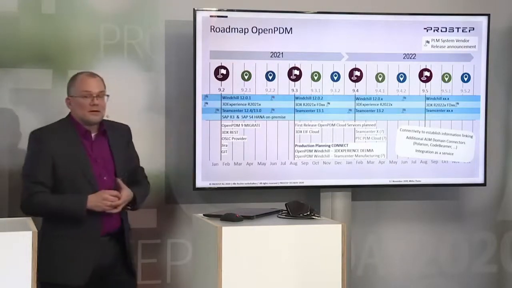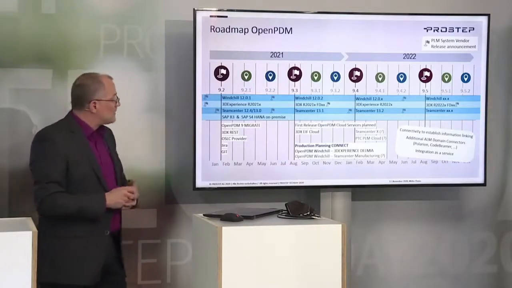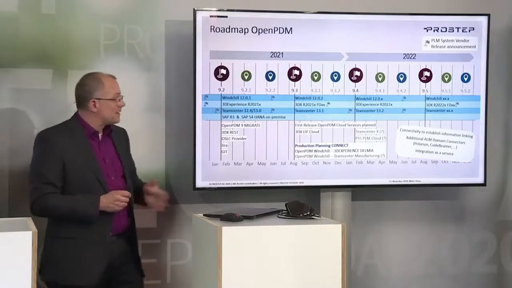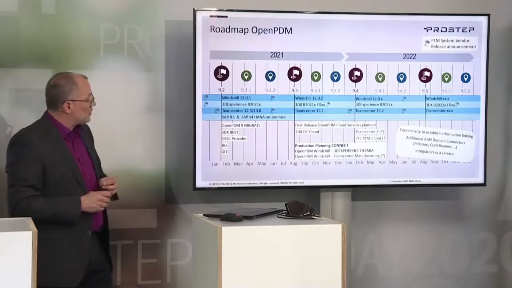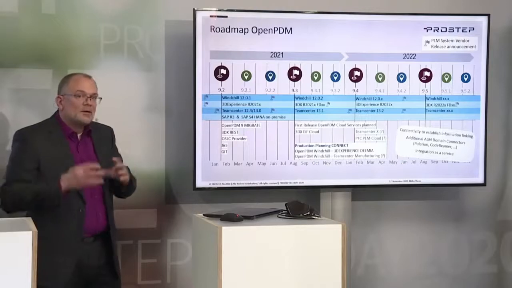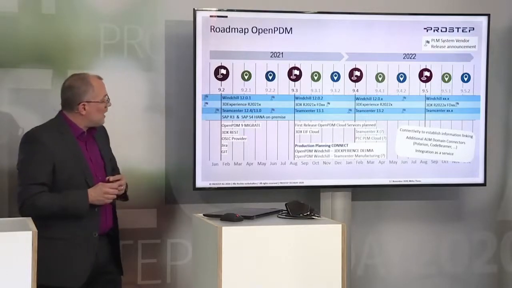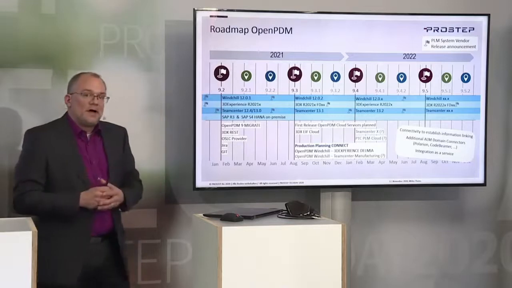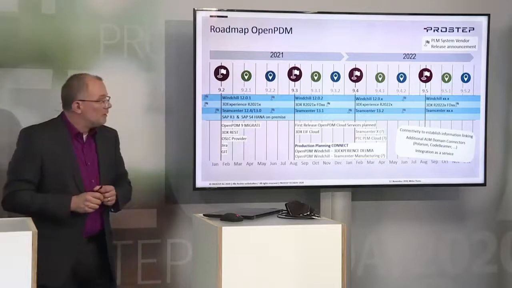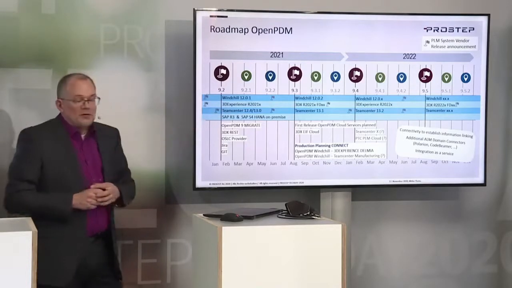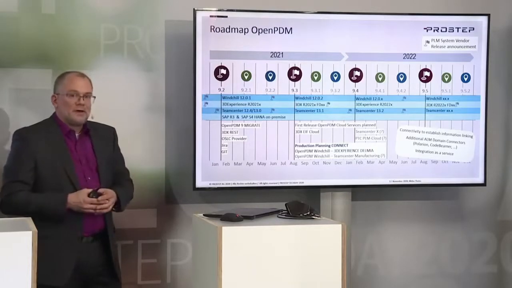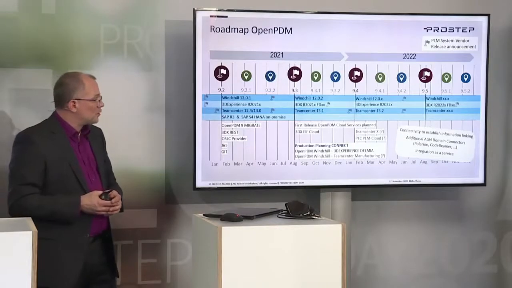Now the individual features for OpenPDM 9. As Cliff already mentioned, the 3D Experience interface will be used. In the second interface, the AOMC provider, which is in use at NASA, will obtain a new release, and a Gib connector, specifically for this, a few new smaller connectors. From January, OpenPDM Migrate will switch to 9 entirely. That means migration projects, which we had at the beginning from KUKA and Continental, will be able to run entirely on OpenPDM 9, so that here again we're using the new technology and supporting new technologies.